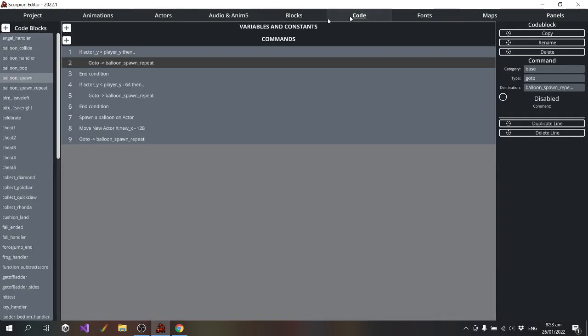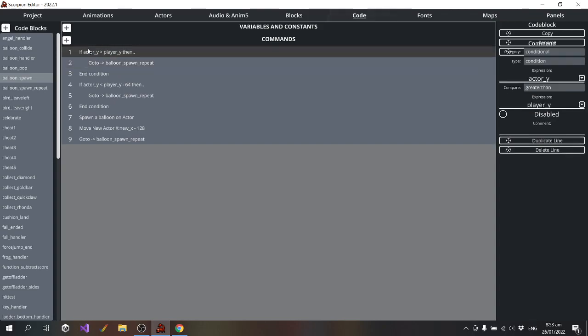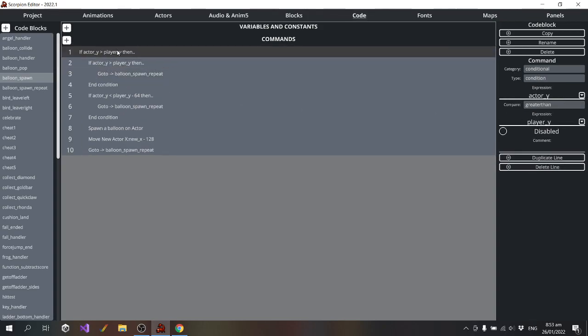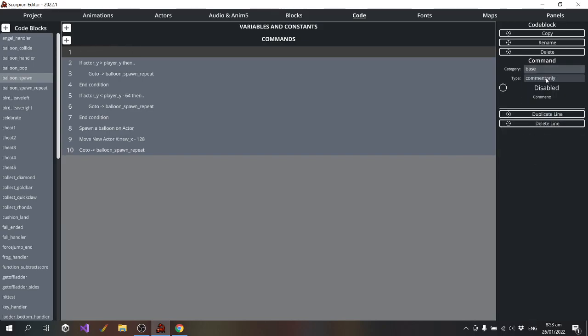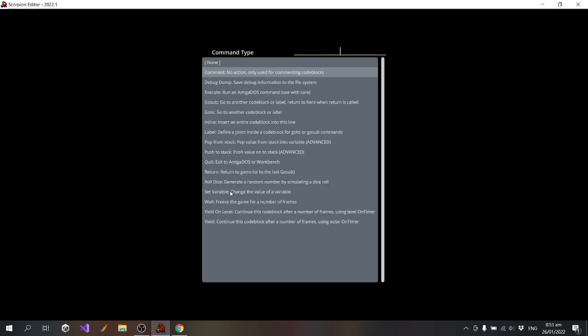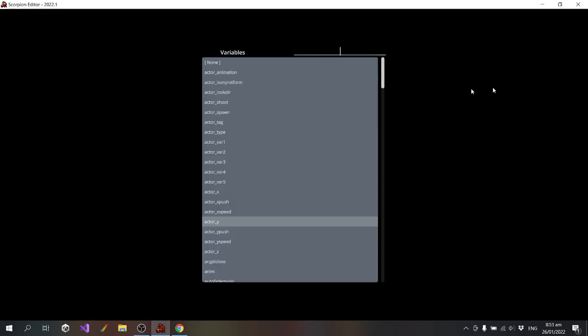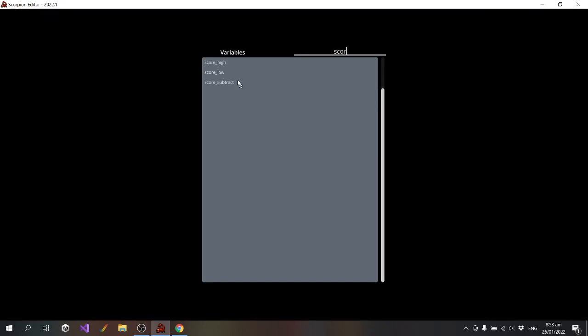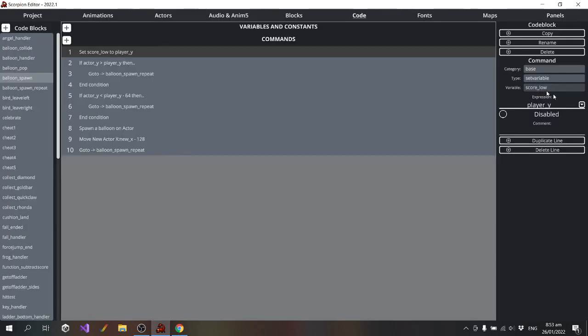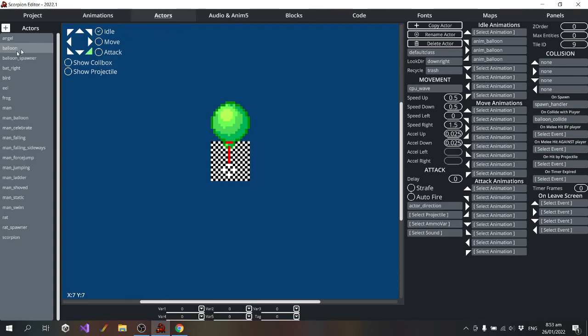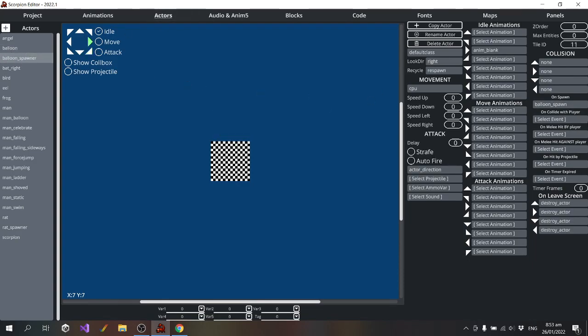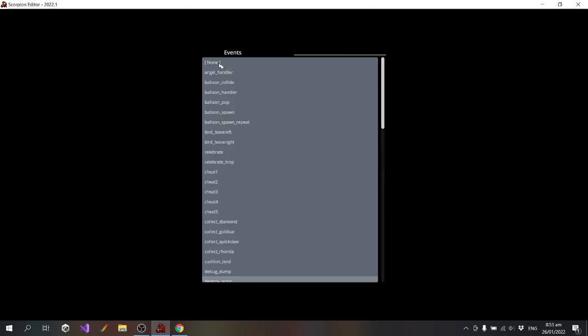Okay, that didn't fix it. So what else can I try? I probably should check that this code is actually running. So I'll do it in a really cheating, hacky way. I am going to increase the player's score every time this code runs, so I can actually see if it's running or not. Actually, I might get rid of that as well. That could also be causing some problems.